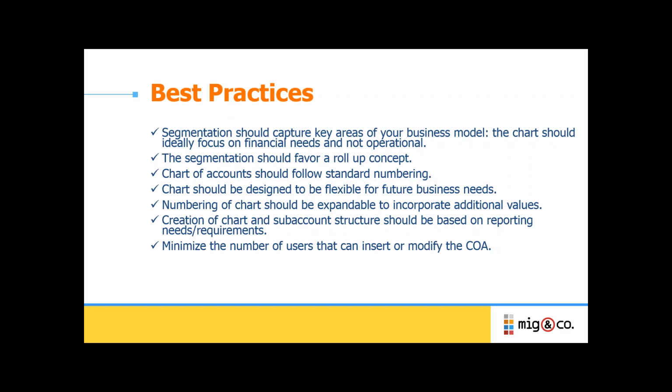The number of accounts in the chart of accounts may expand over time. You also should look at your existing chart of accounts and see if there are any accounts that just haven't been used over the years, and make them inactive so that postings won't go to those accounts, and it keeps the chart of accounts as simple as possible